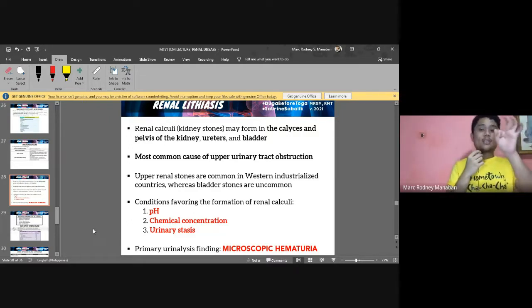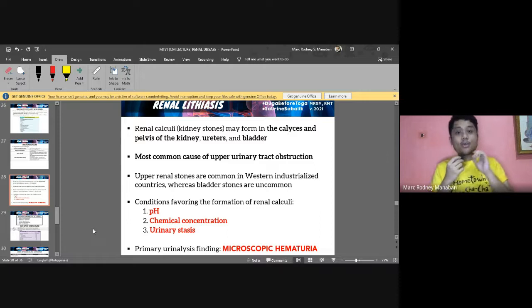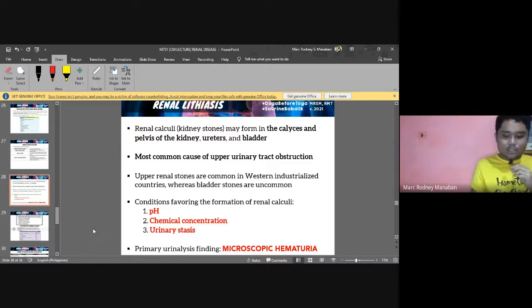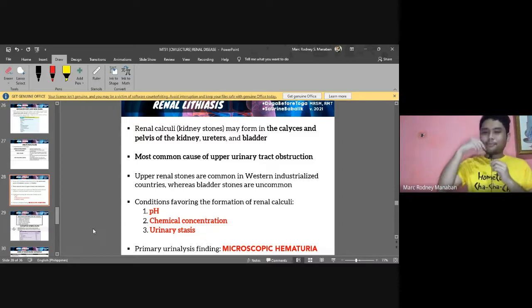Because again, remember that kidney stones can irritate the lining of the tubules when they pass, when you try to urinate or try to remove them, so therefore it can produce RBCs. Alright? Okay, so as you can see, the condition is the same, with crystal formation seen under the microscope.